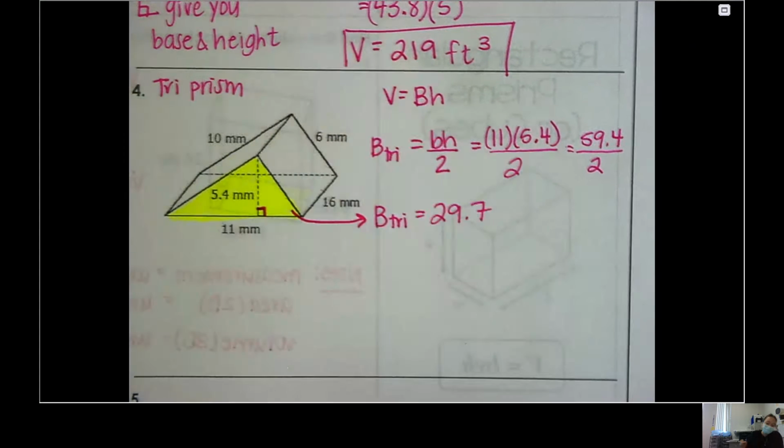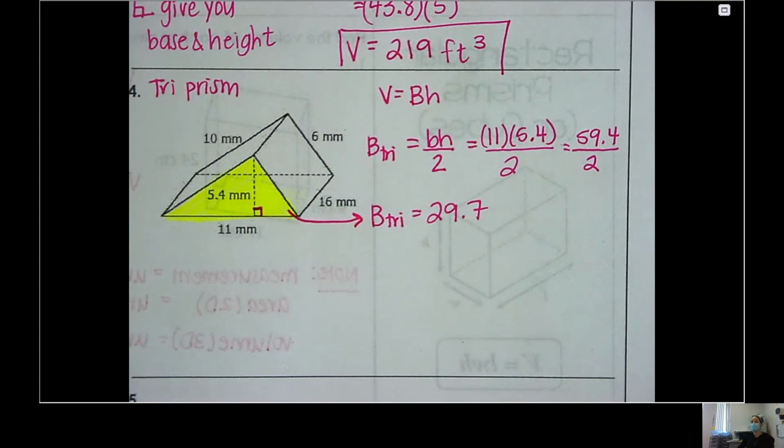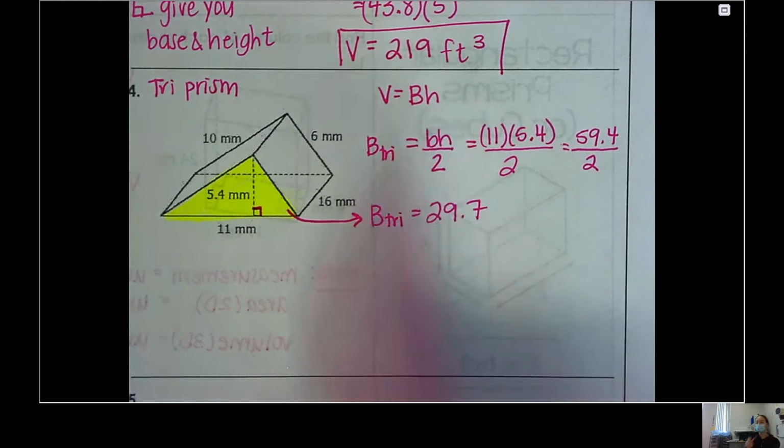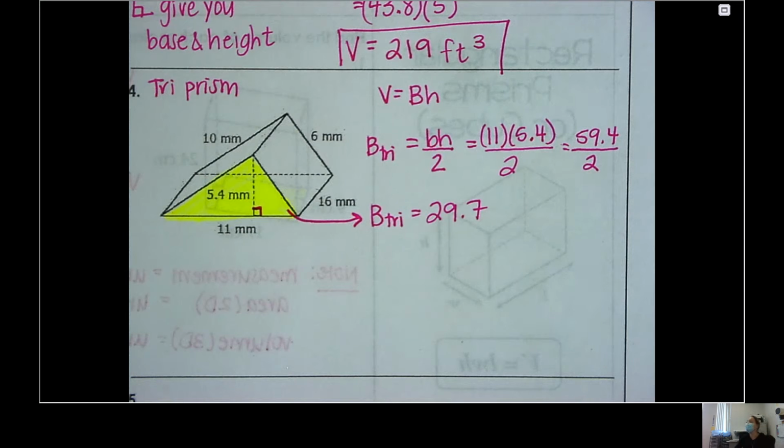And again, that's just the triangle at the bottom and nothing else. What do I still have to do? That's my big B. That's my area of the triangle. What do I still need to do with that number? Multiply it times the height of the prism. Good. Now, what number is the height of the prism? So it's got to be one of the numbers we haven't used yet. It's either 10, 6, or 16. 6,